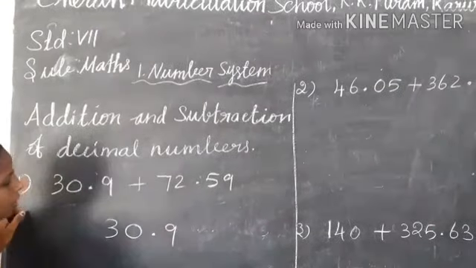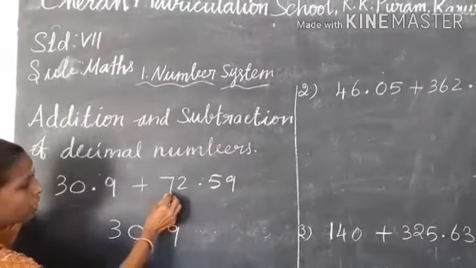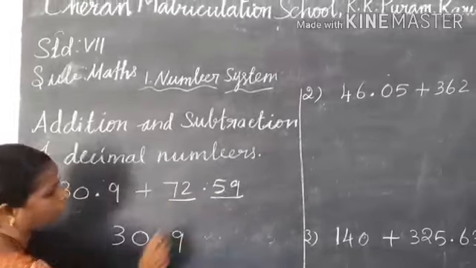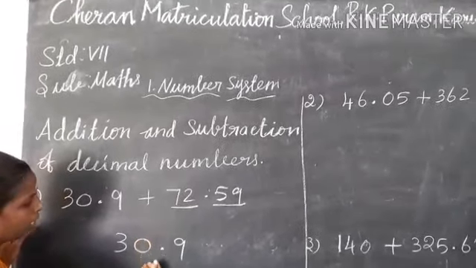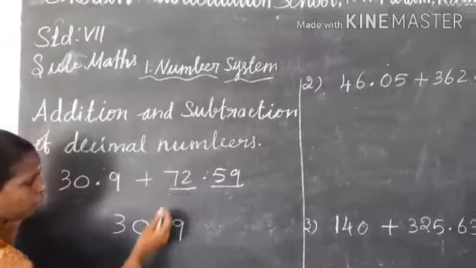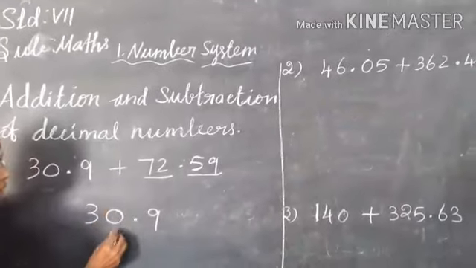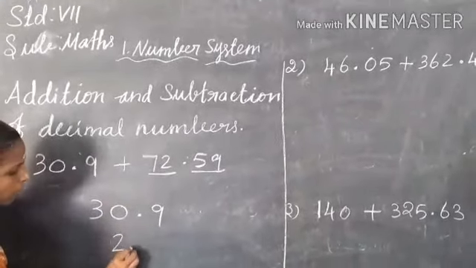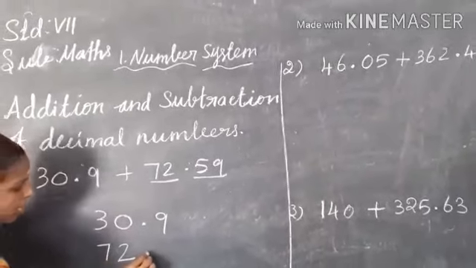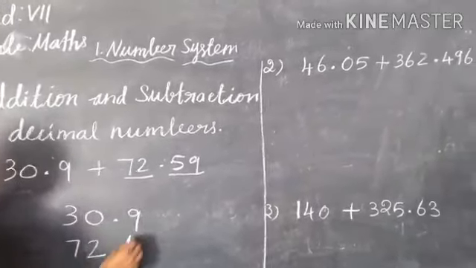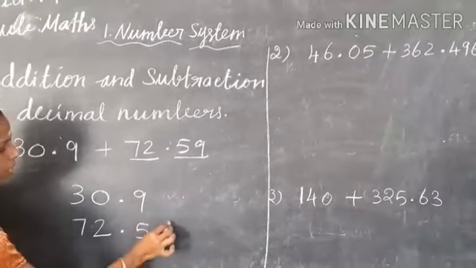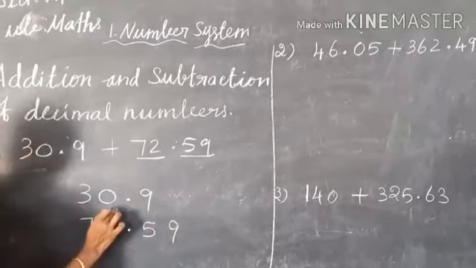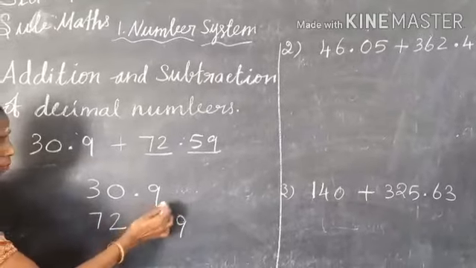30.9. Next, you have to arrange the whole numbers and also decimal numbers. Here the whole number is 72. So that means the point comes before .72 decimals. Ones place 2 is in the ones place, 7 in the tens place. Point is very important. Next, in the tenths place which number is there? 5. Hundredths place 9. The first decimal number, there is no hundredths place.